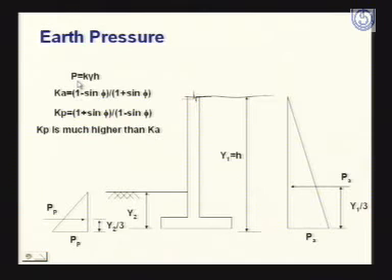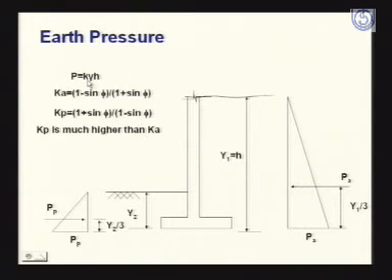So here this pressure P is given as K gamma H, where gamma is the unit weight of the material retained, and H is the height of the material retained here, or the height of the wall if it is up to the top of the retaining wall. This K is a coefficient which is called the earth pressure coefficient,